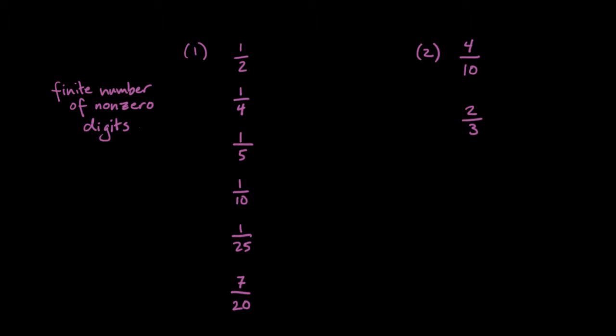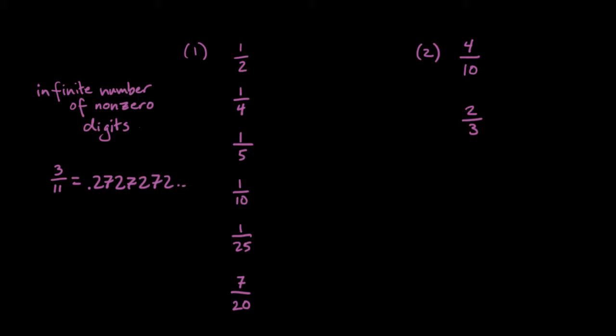This question asks us whether a certain decimal has a finite number of non-zero digits. So let's consider some decimals that have an infinite number of non-zero digits. Well, there are two, broadly speaking, ways to come up with one of those decimals. One is to have a number like 3/11ths, a rational number, which goes on forever and ever, like